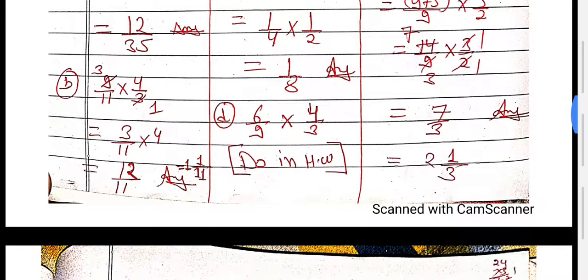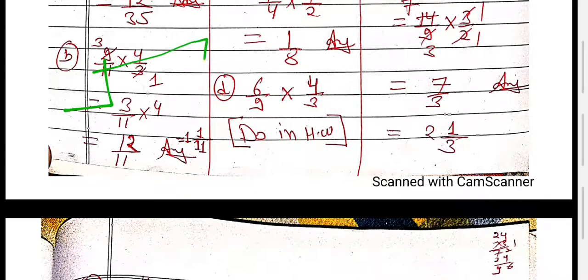Now come on B part. B part you check if you want to cut upper side, not cut, upper side not cut, upper lower. Now just see cross. 3 1 is 3, 3 3s are 9. You will cut now. Now 11 is not cut by 4. Then what will you get? You get here 3 upon 11 into 4. Then what will you get? 3 4s are 12. It is 12 upon 11 is your answer.